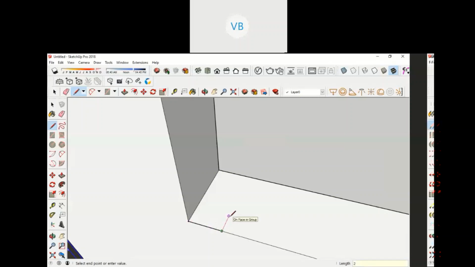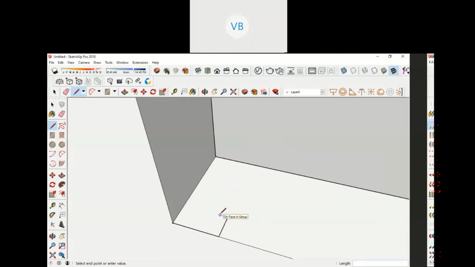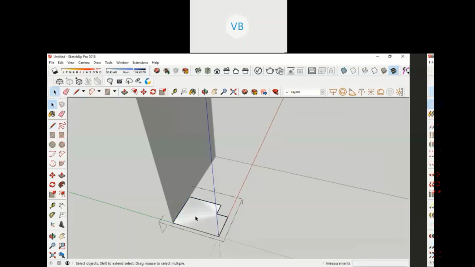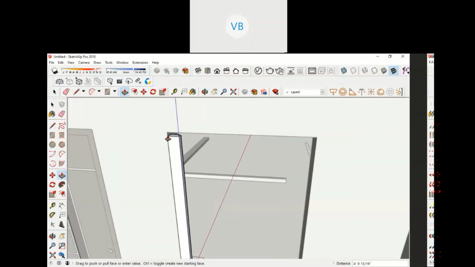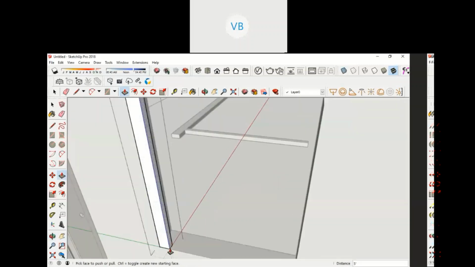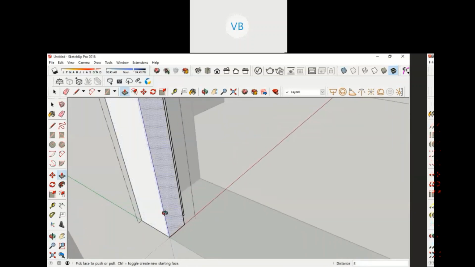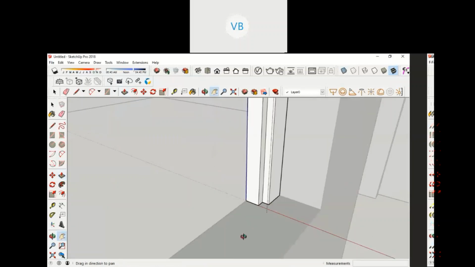Now I'm pressing 2 here, 1 here. Very basic detail. And I'm closing it. Then double click and make a group. After making the group, I've created this thing. I can do the same thing here.